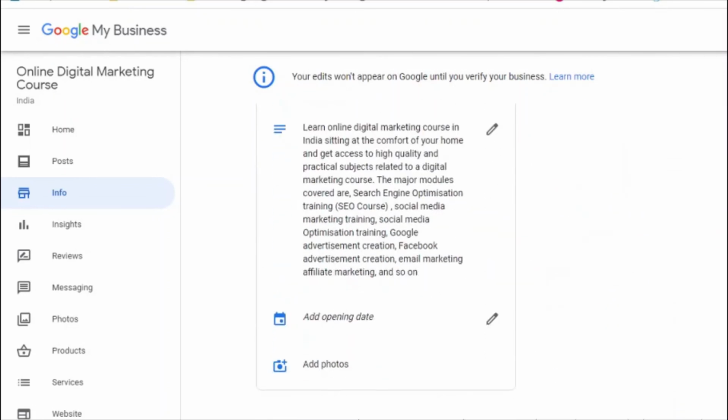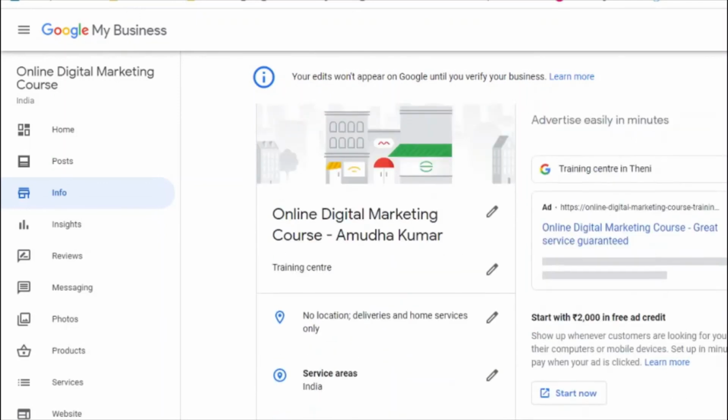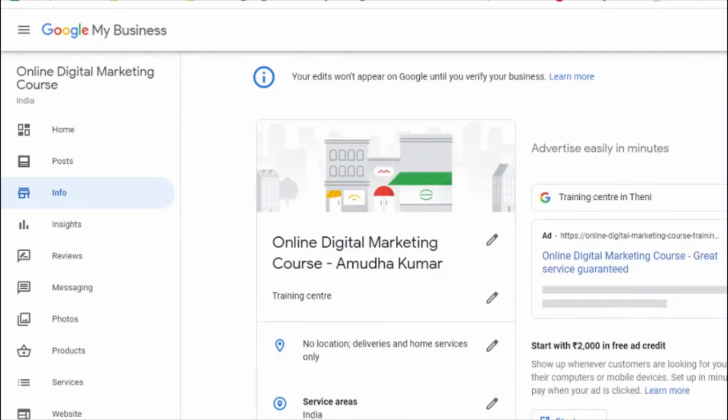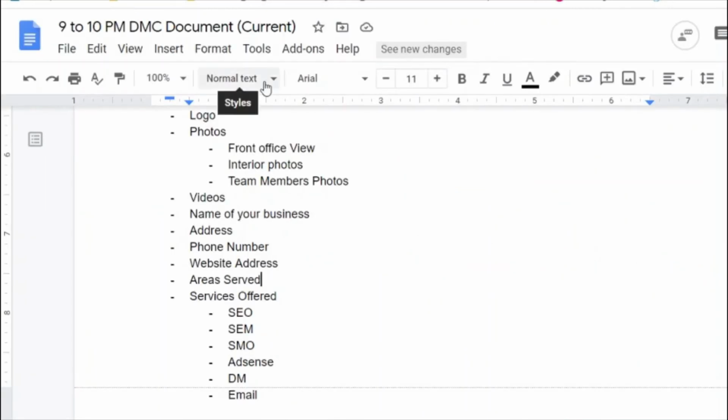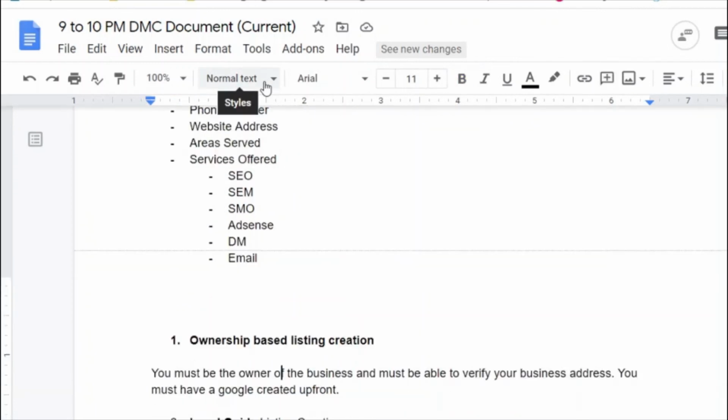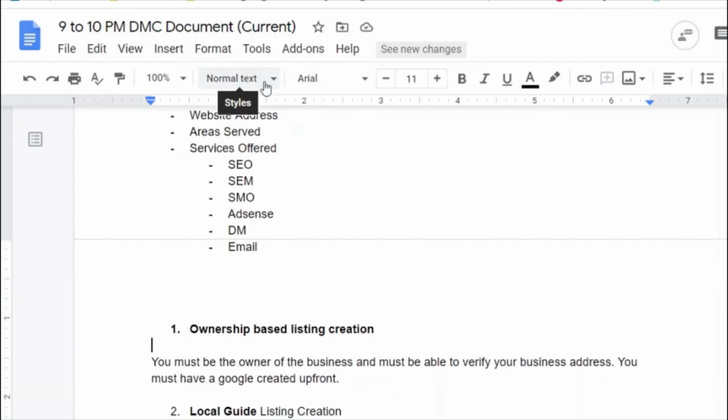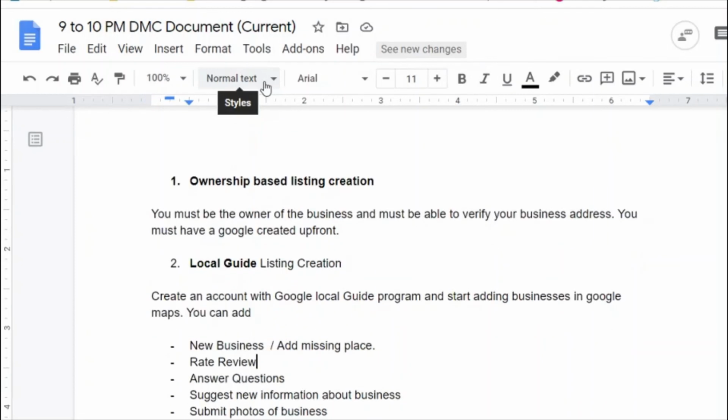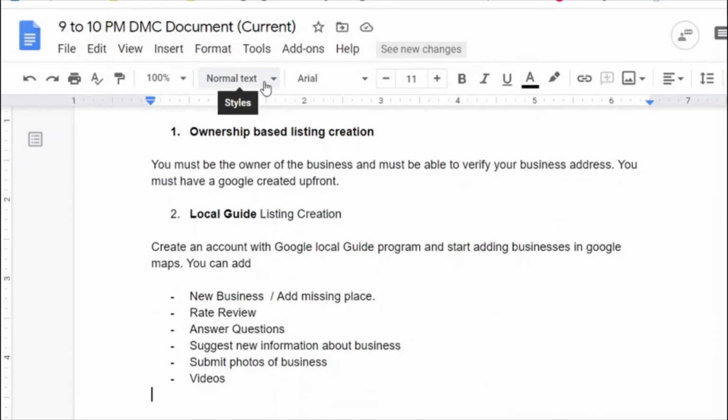In the upcoming sessions, I'm going to help you understand how to add a missing place. Okay, I will note it down right now. I'm going to teach you how to add a missing place in Google My Business listing. That is basically a local guide program, a local guide program only.